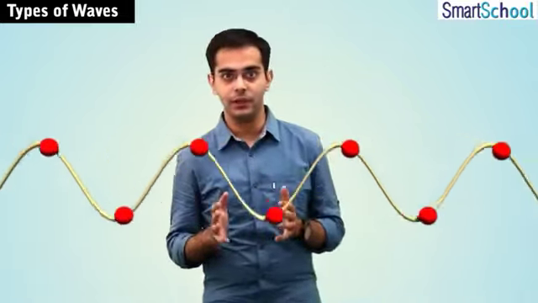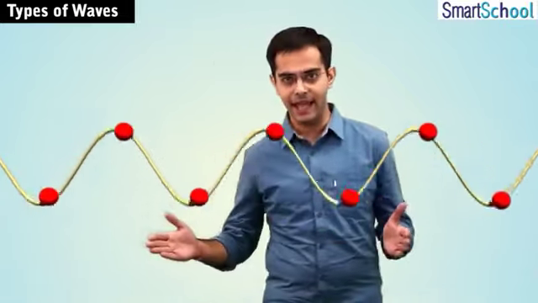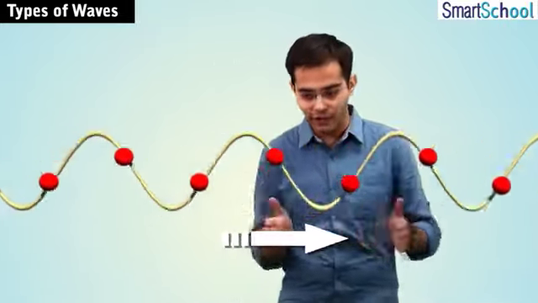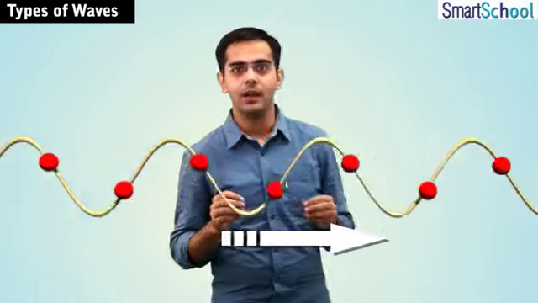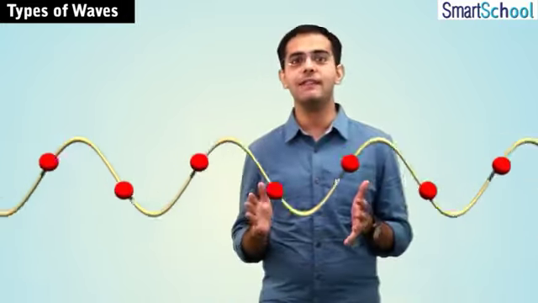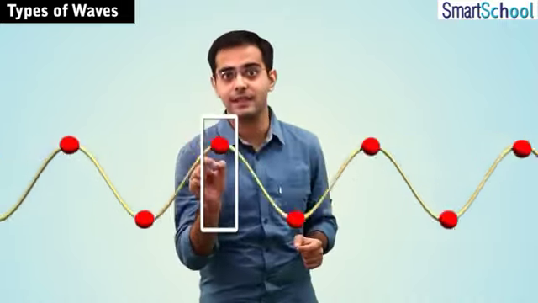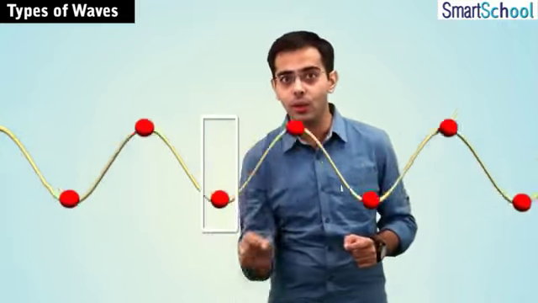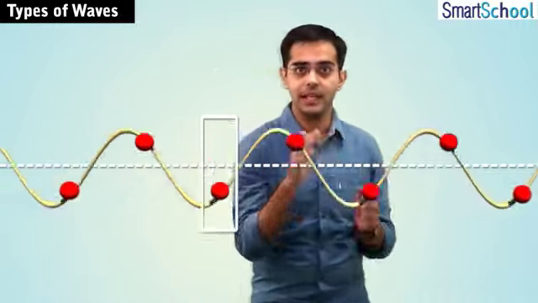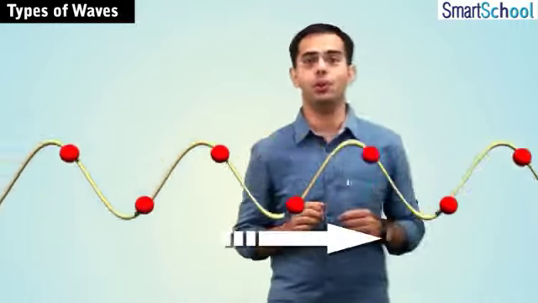Similarly, we can take an example of a rope. If I have a rope with me, you can see the disturbance travels through the rope. How is this traveling through the rope? Let's see. What do you see if you carefully observe this rope? Yes, you must have noticed that the red dots present on the rope keep on undergoing to and fro motion about their mean position, while the disturbance keeps on traveling forward through the rope.